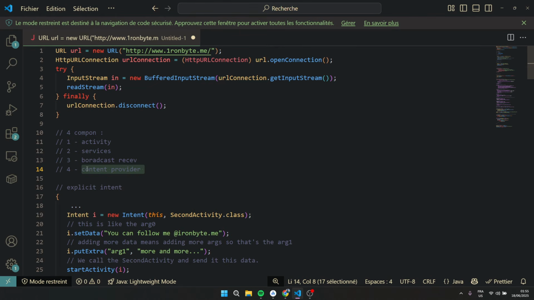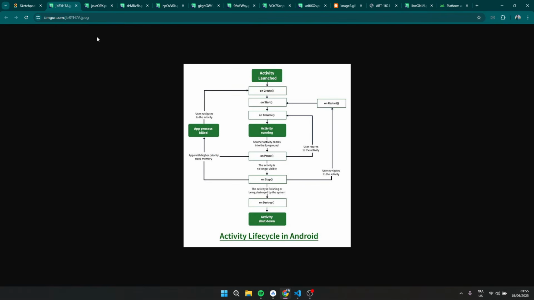Okay, so using these different components we can develop different types of applications. And one more thing to mention here is that each one of those components in Android has its own life cycle, which is a crucial concept in the Android framework, guys, that you need to understand. A life cycle is basically this thing.